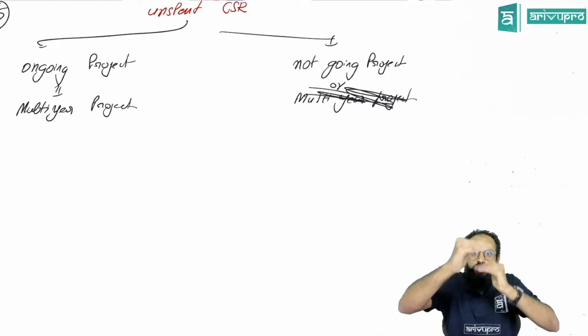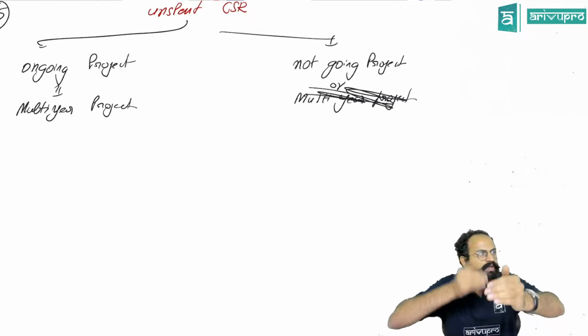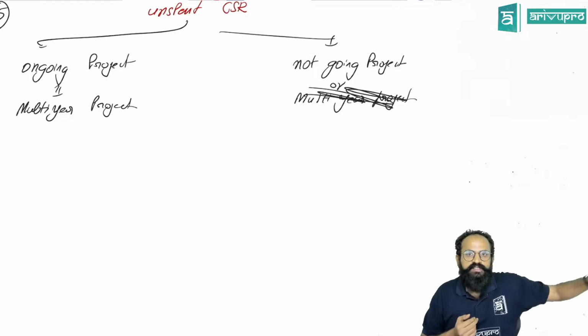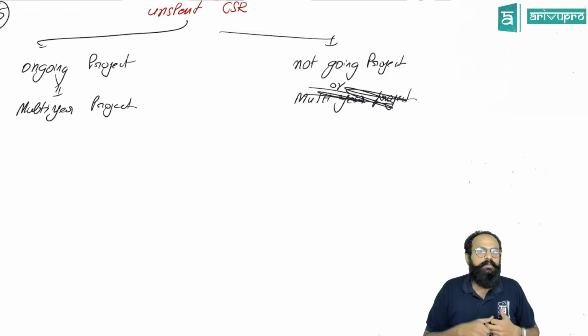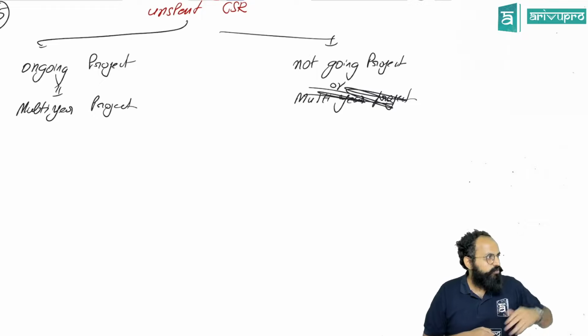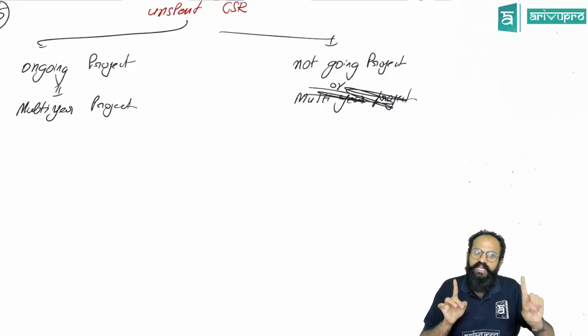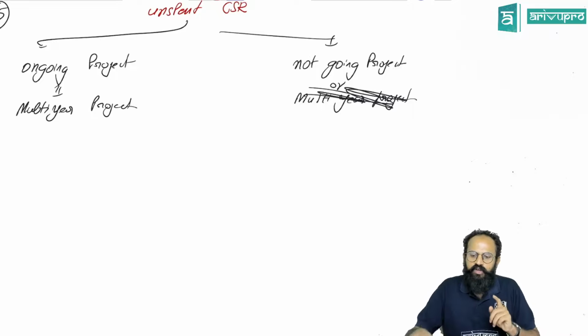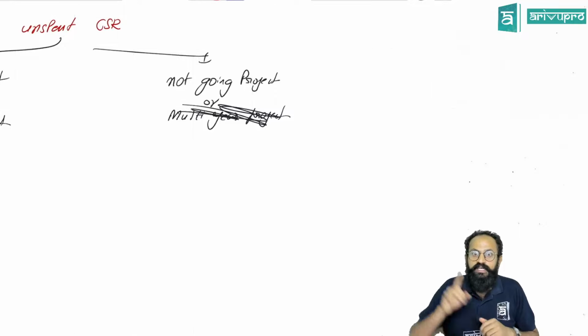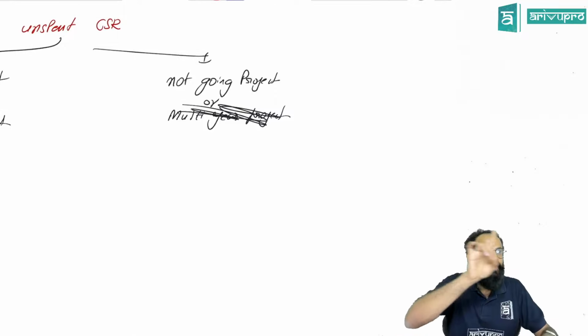Because you will go floor by floor. The payments will be made floor by floor. Sir, such projects will be considered as multi-year projects. So they are saying there are two types of project. One is a 1 year project, single year projects. That is only called not ongoing projects. For this one, you will be given just 1 year time.